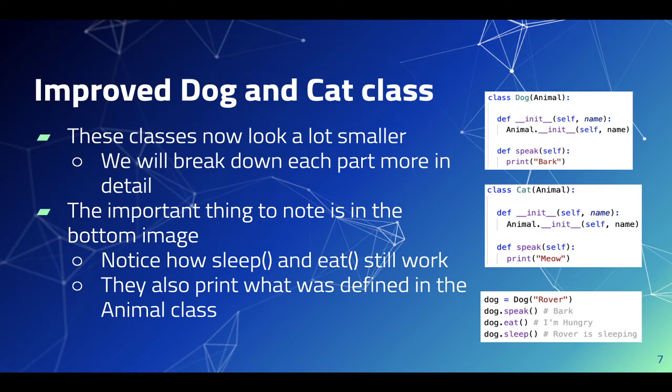And the important thing to notice is at the bottom, when we call dog.speak, dog.eat, and dog.sleep, these are perfectly valid code. But you might be saying, oh, dog does not have an eat and a sleep function. So where is that coming from? Well, that's coming from the animal class, right? So we're inheriting the characteristics of animal in our dog. So we're given access to the functions, the attributes, and all of the characteristics of the animal class within our